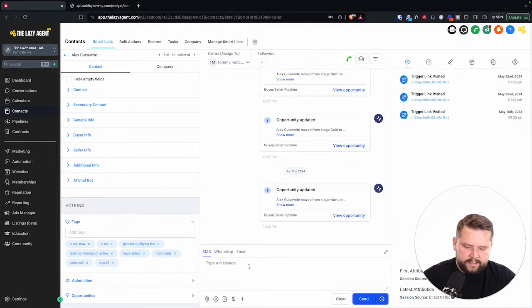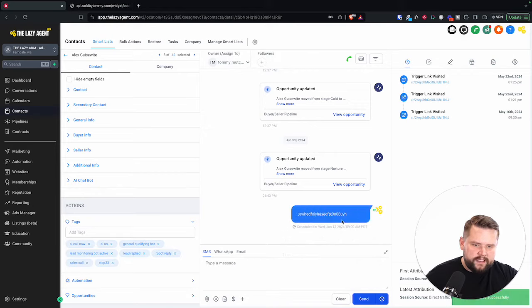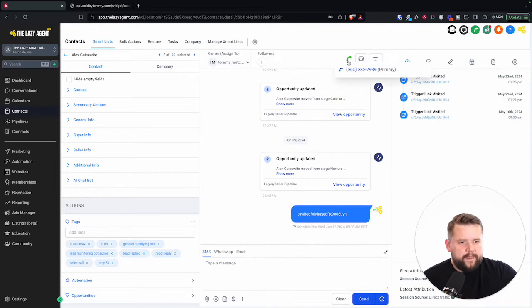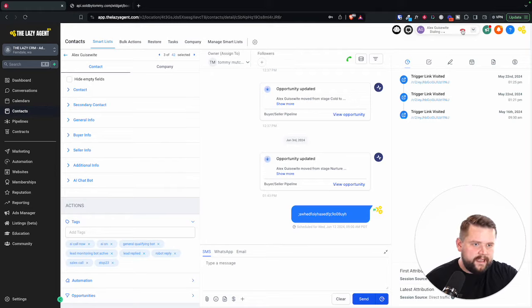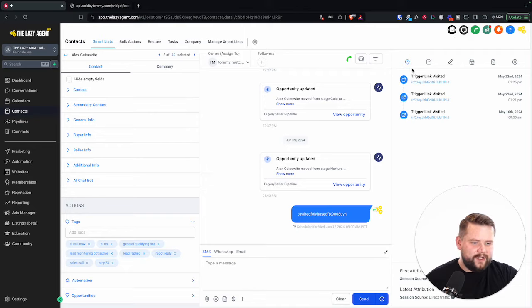So it's very customizable to however you want it to be. Of course, we can send any messages we want. We can schedule them out. So if you want to pre-write a text message and schedule it out for a certain day at a certain time, you can click send schedule, and it's going to schedule this out for a different time. There's a dialer built in. So if you want, you can dial people through the CRM, which I accidentally hit call. So I'm going to go ahead and turn that off